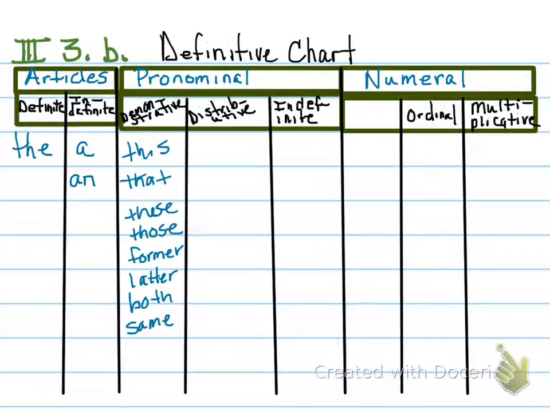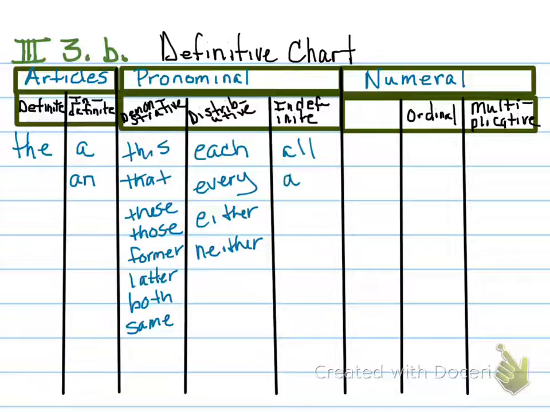The distributive, you're describing the noun as you would distribute it. So words like each juice box, every good writer, either you or I, neither of those answers. And then indefinite, just think of words like all, any,